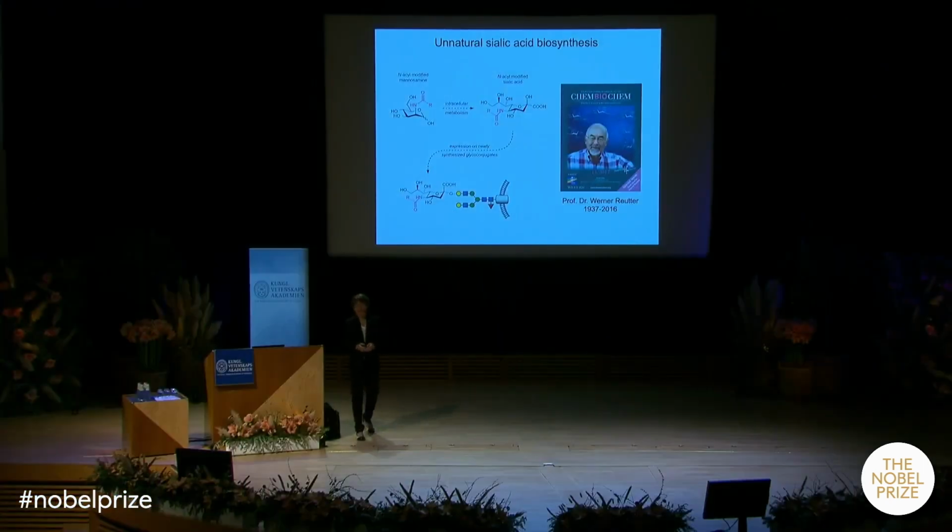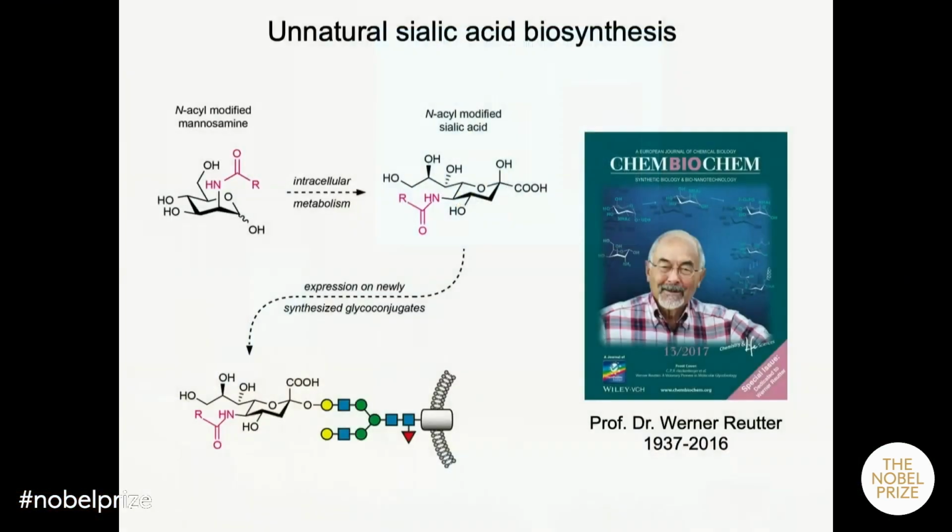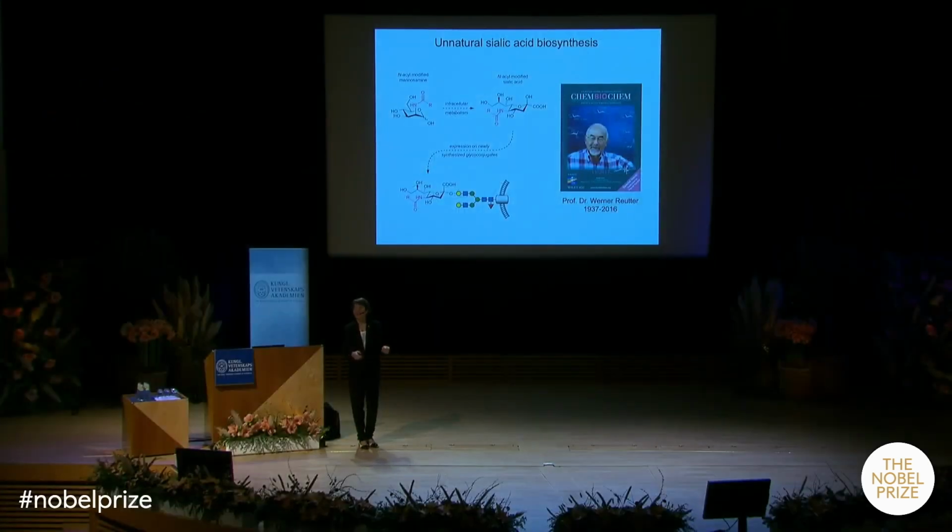And during my postdoctoral years, so this takes me now back to around 1991 or 1992, I was thinking about this problem, the need to image the cell surface sugars. And I happened to attend a conference in Southampton, England. And this was a serendipitous moment for me because I heard a lecture by the late Professor Werner Reuter, a very well-known German biochemist at Free University, Berlin. And his lab had been studying the biosynthetic pathway that produces sialic acids and delivers them to the cell surface.